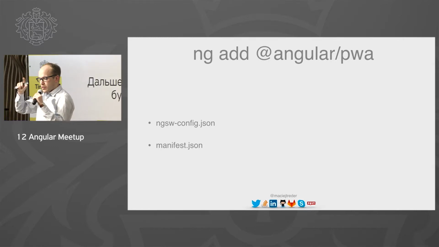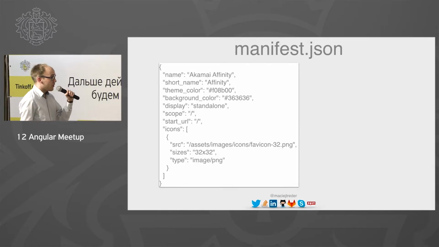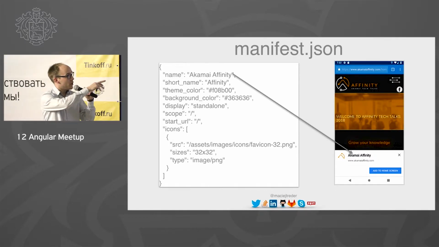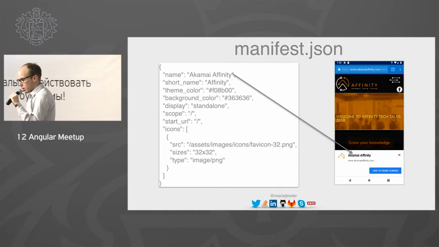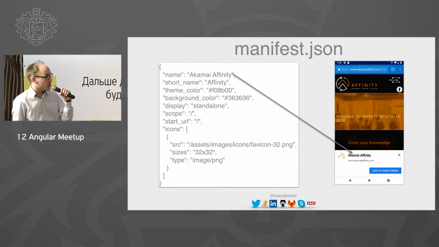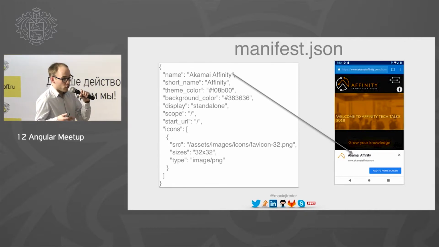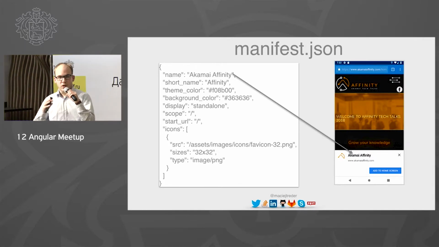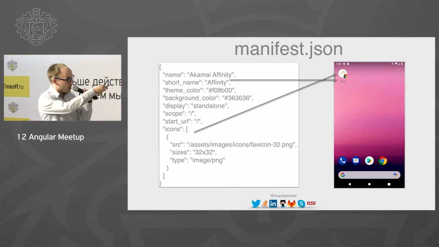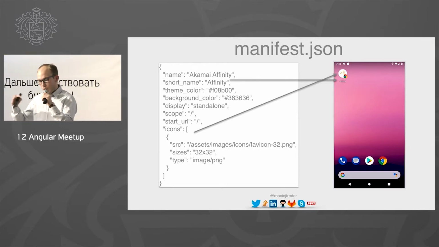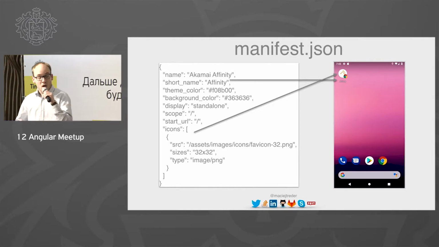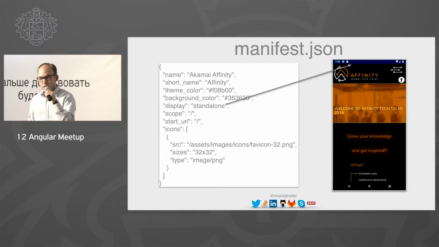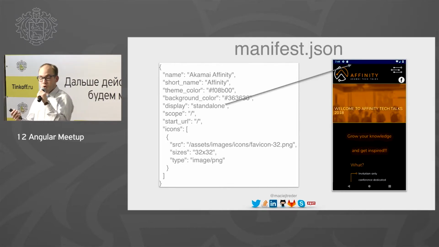This is for push notifications and for caching. Let's go with manifest.json. This example is from Akamai Affinity conference, which we organized in Krakow a couple weeks ago. The manifest.json file is a set of rules for the Android device, which defines how we want to display different modes of our application, like the name when there is a pop-up asking for adding to home screen,